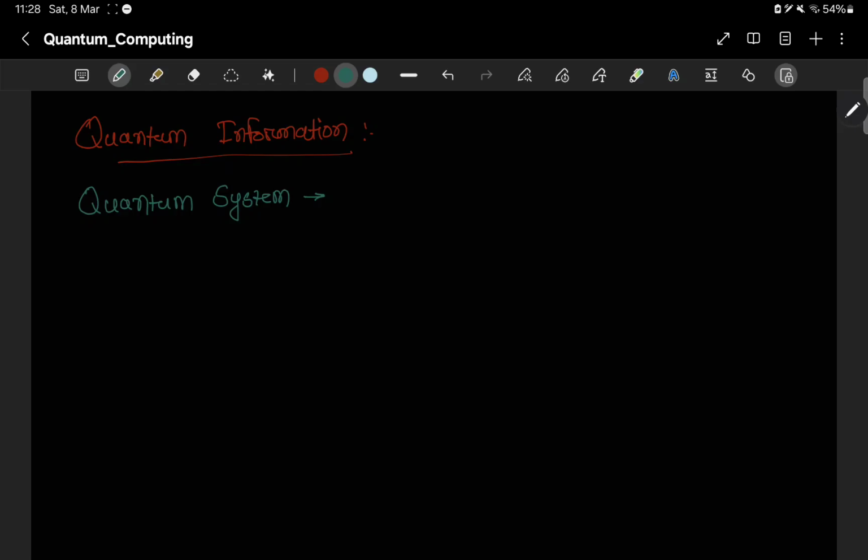Similarly, in this lecture series, when I say quantum system, we consider a system having some finite set of non-empty classical states. We can have an infinite set of classical states for a quantum system, but we're not interested in that now. We'll consider the quantum system to have a finite set of non-empty classical states. Then, similar to classical information